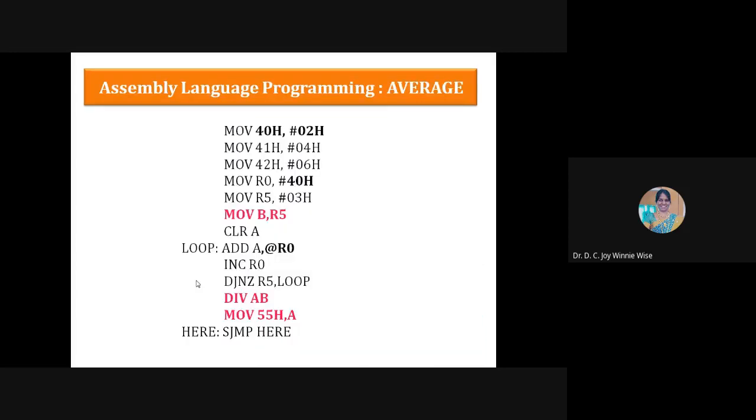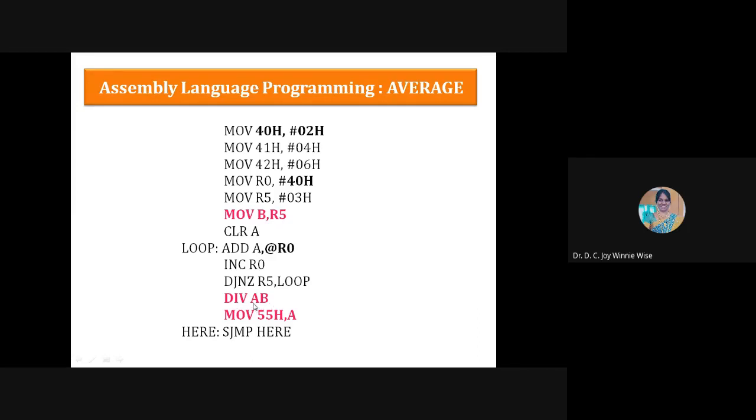Next is the same program used to find the average of these. The average is found after finding the sum: we have to divide the sum by the number of data we have. So just see, in the B register I have added these two instructions to find the average: MOV B comma R5 and DIV AB.